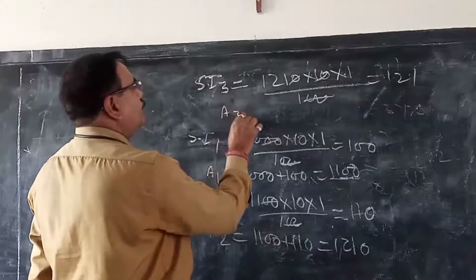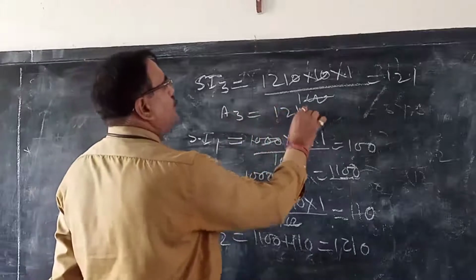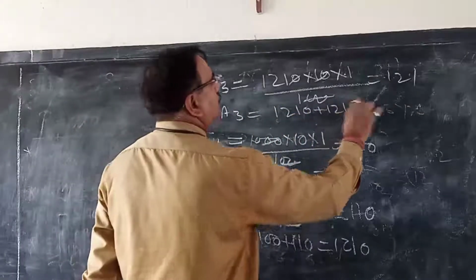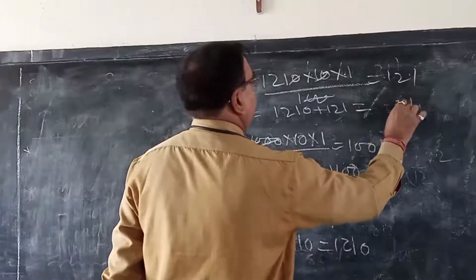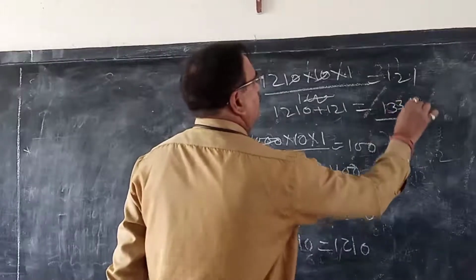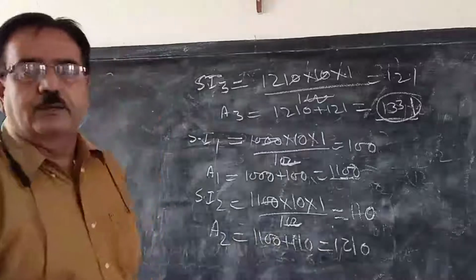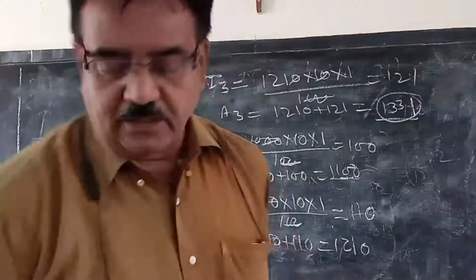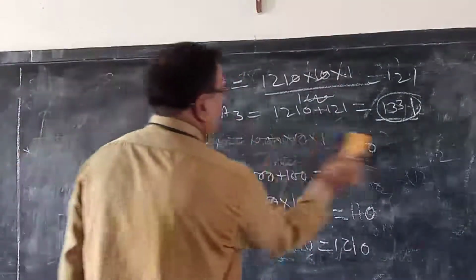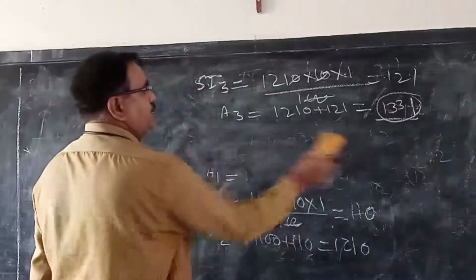And what is the amount of the third year? 1210 plus 121, that is equal to 1331. This is the amount of the third year. Now how much is the interest? Compound interest. To calculate the compound interest,